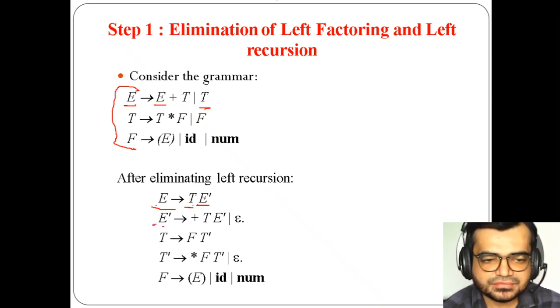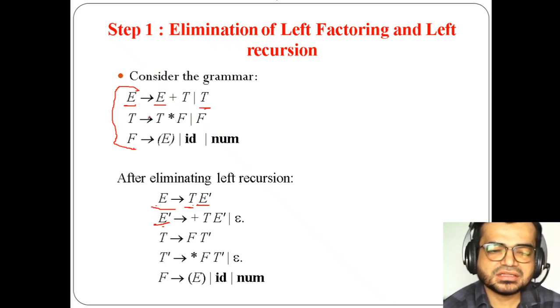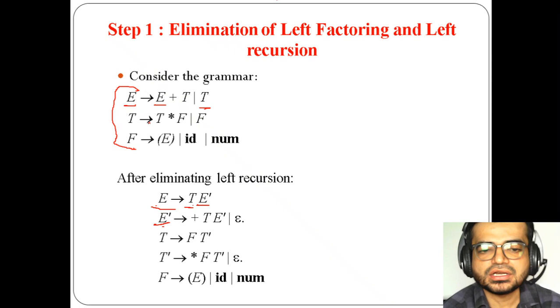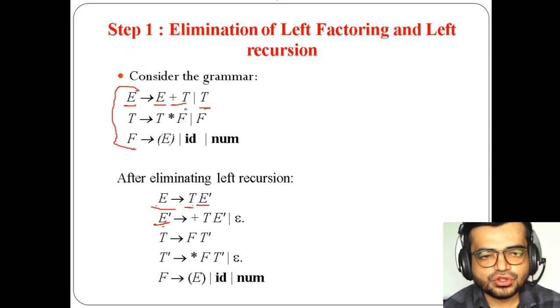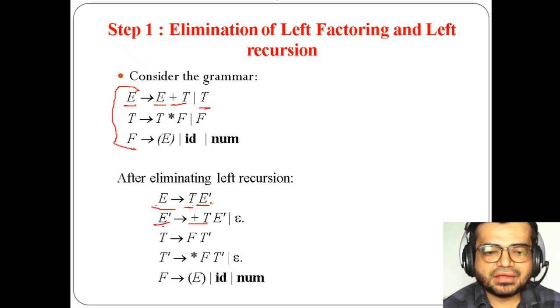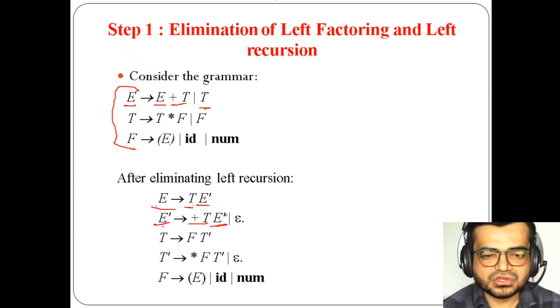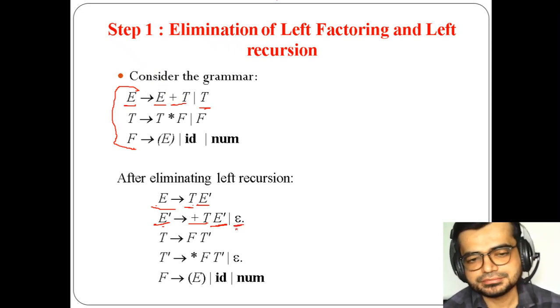Now what do we take in this E dash? There is no such production for E dash here, but you have to take it in order to eliminate left recursion. So what is left over here? You have to take plus T, and apart from that I have to take E dash as well. This is the procedure we need to follow while eliminating left recursion. On the other side only T is there, but this T has already been taken in E, so there is no such value, and I have simply taken epsilon, which is null.